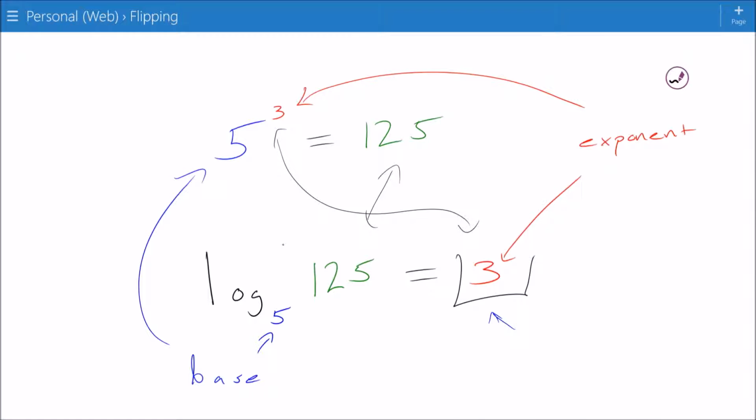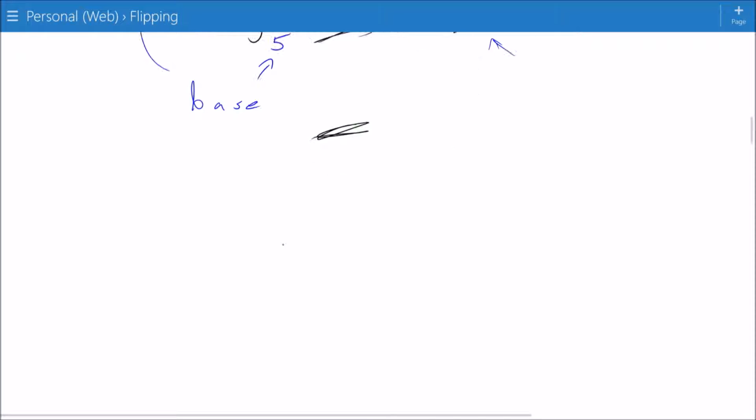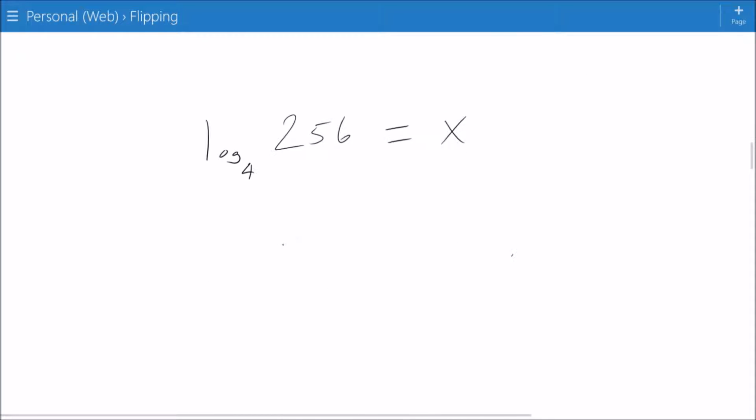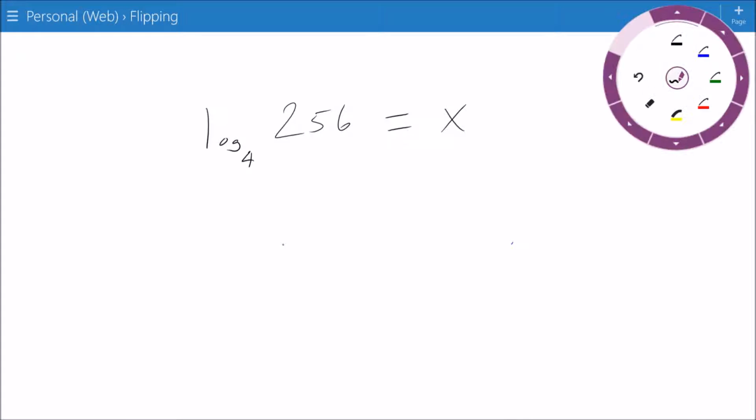It lets you fill in for the exponent because you know it's going to take you to some value here, the 125, having that base 5. Let's look at some examples, and I think things clear up quite a bit as we go along. So here we go. I've got log base 4